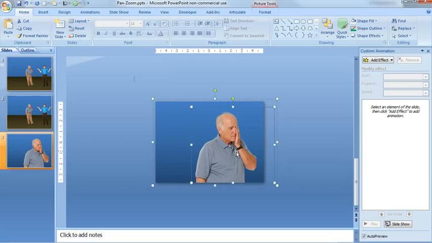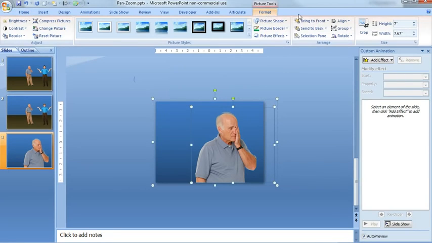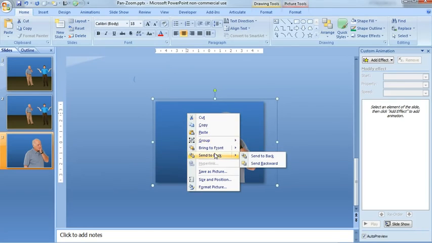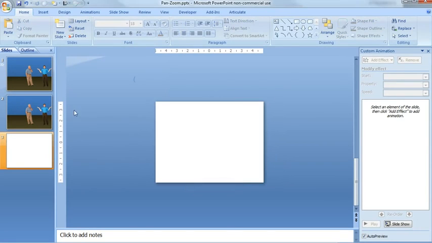And then I used PowerPoint's cropping tool, which you can get to from the Format tab and then choose Crop, just to get rid of the part of the image that I didn't need. And I grouped that image with the same blue rectangle that I used for the background of the previous slides. Now that I've made my zoom, I'm just going to go ahead and right click and cut from this slide,